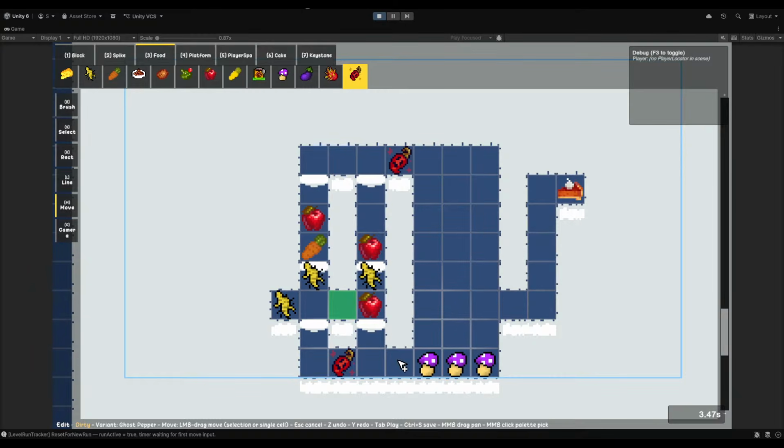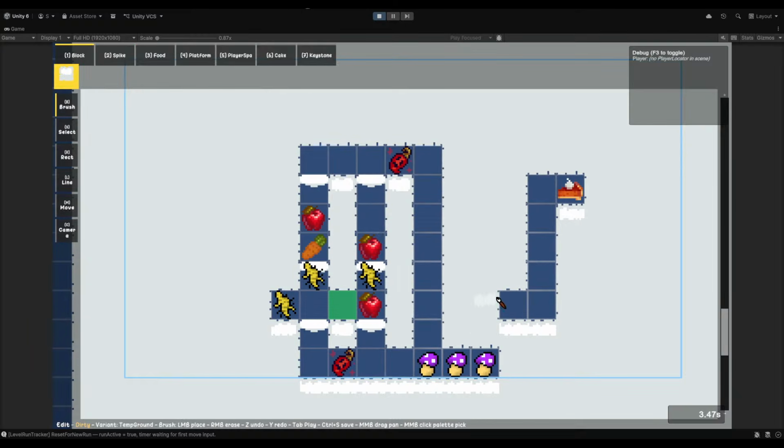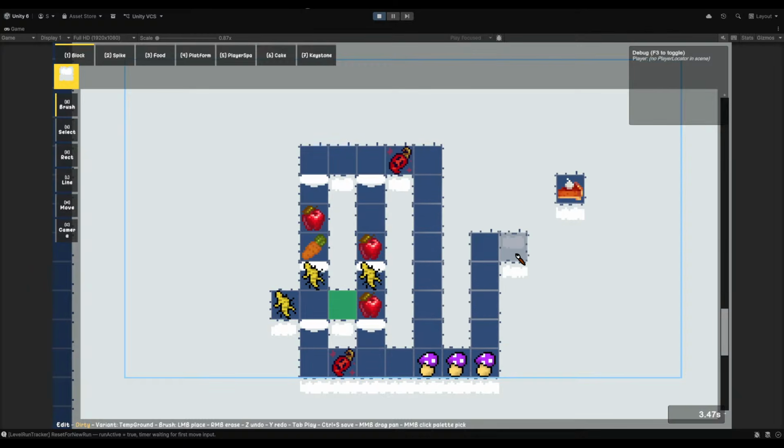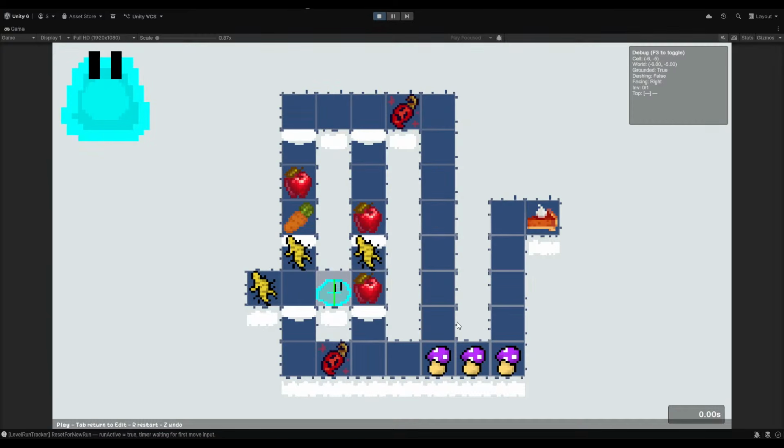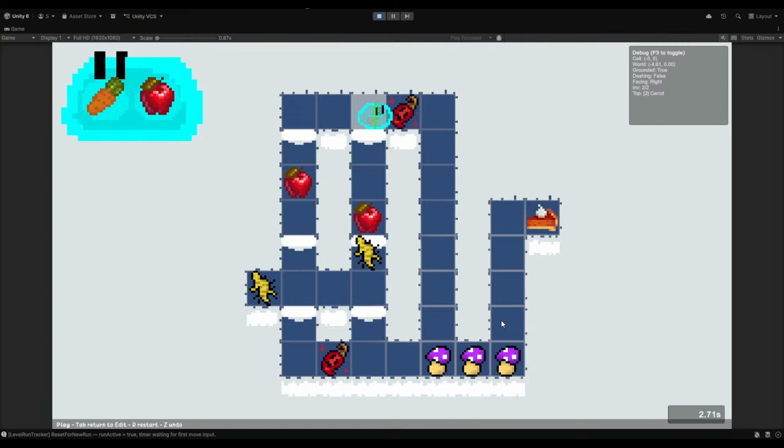If we stand here, 1, 2, 3, I like that. And then like this. I'll move the camera. So now they're expected to come there, up here, kill the apple.